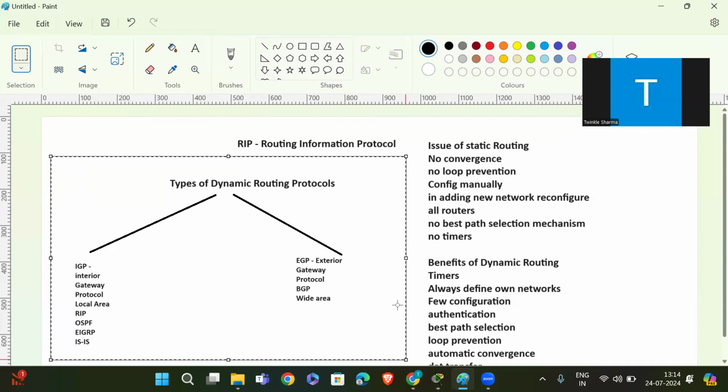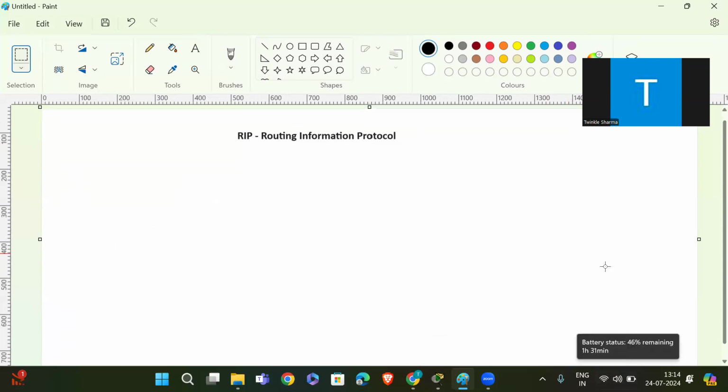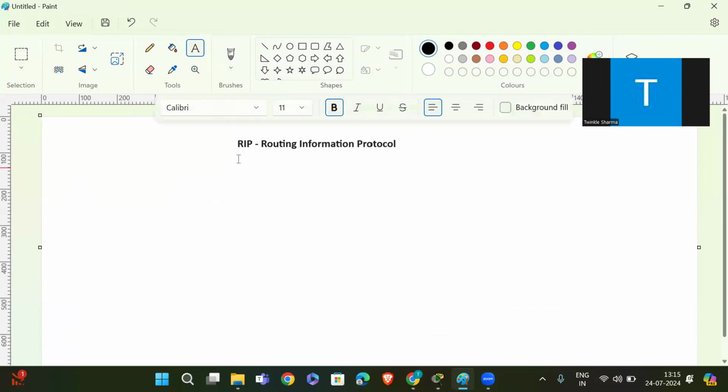Shall I remove this all? Okay, let me remove this. So first, RIP stands for Routing Information Protocol. It is a UDP protocol, and it works on UDP port number 520.